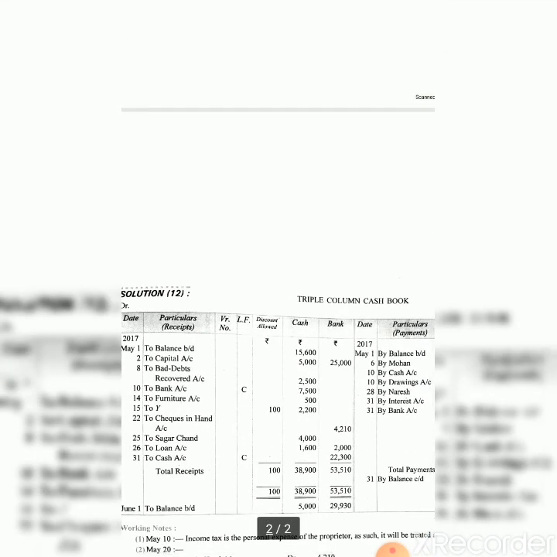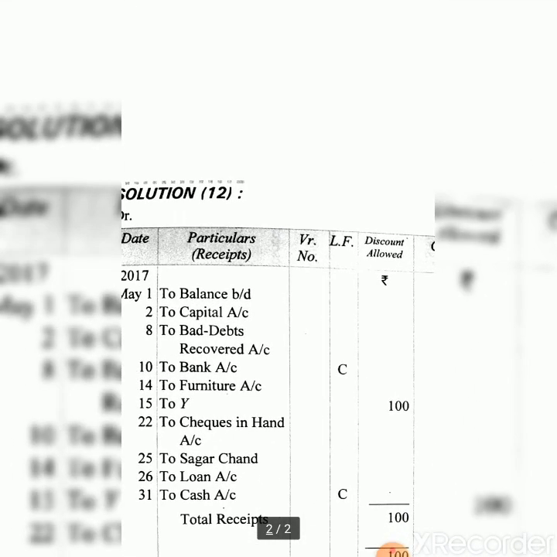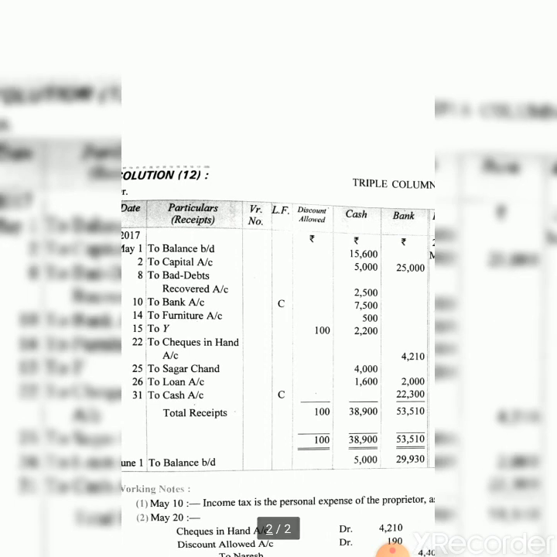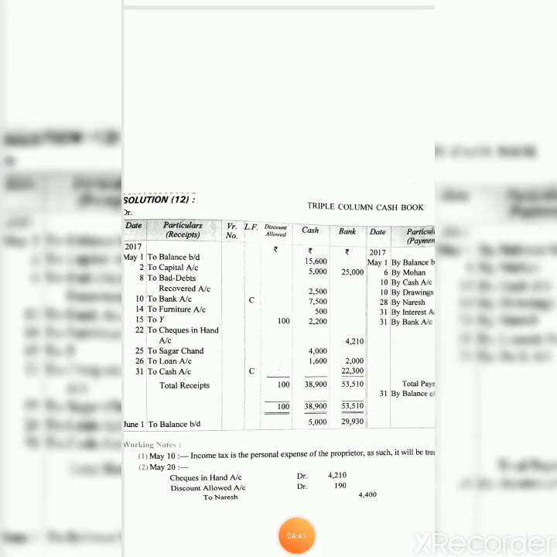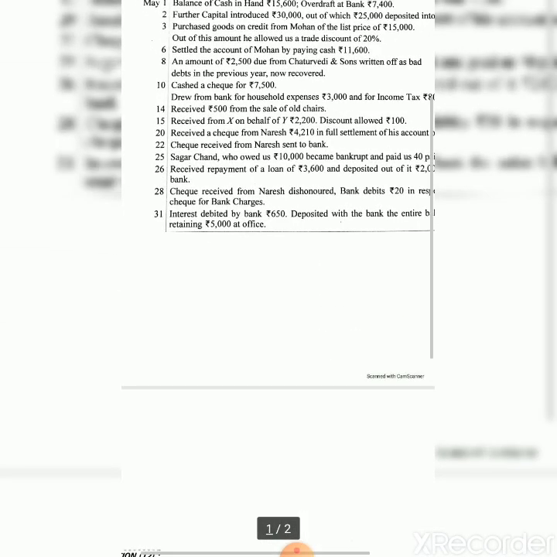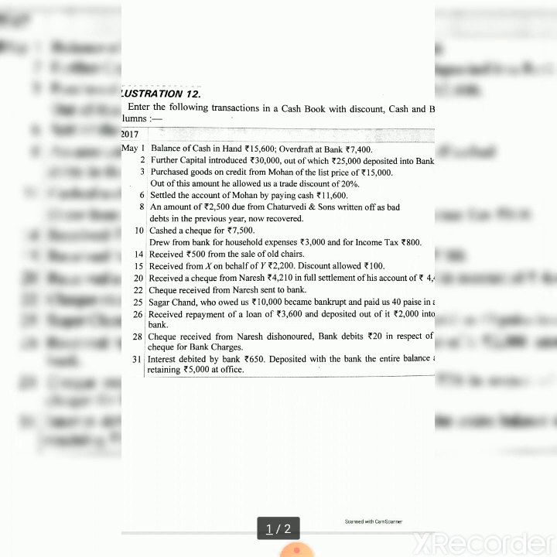I have already told you that it will be cash account debit to bad debts recovered. So 2,500 we will add to cash on the debit side, and to bad debts recovered. So what is the journal entry of this kind? Cash account debit to bad debts recovered is the journal entry. So cash will be debited, to bad debts recovered. Now the next entry is that